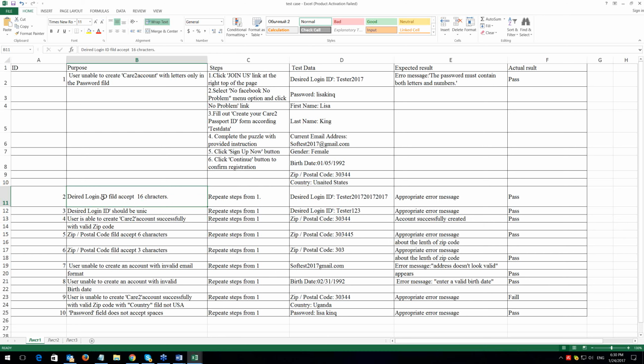Please make sure that you go through that. So, desired login ID accepts 16 characters. Why do I have to repeat the steps from 1? Click Join Us, select No Facebook, fill out the registration form according to test data. Aha! Now I understand.